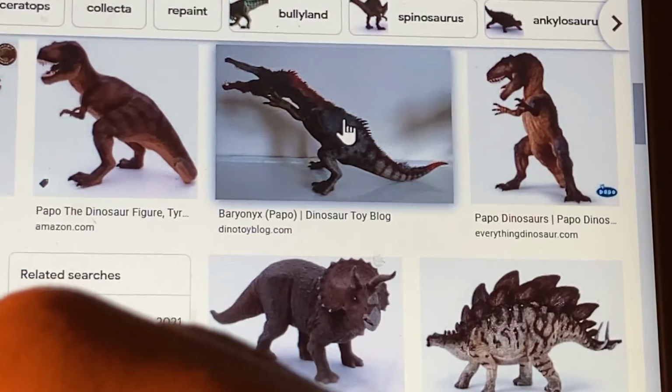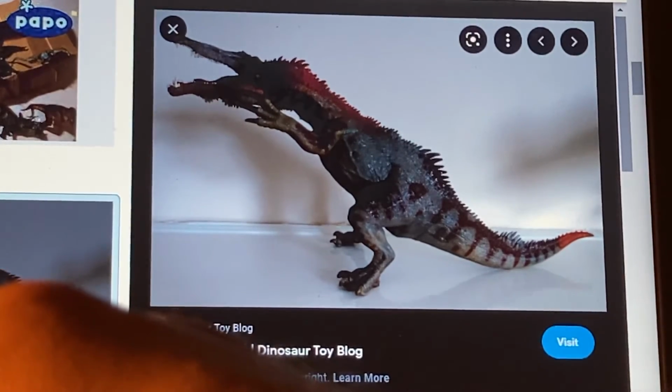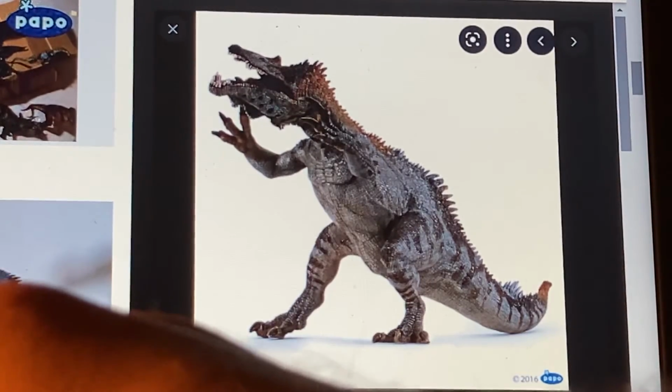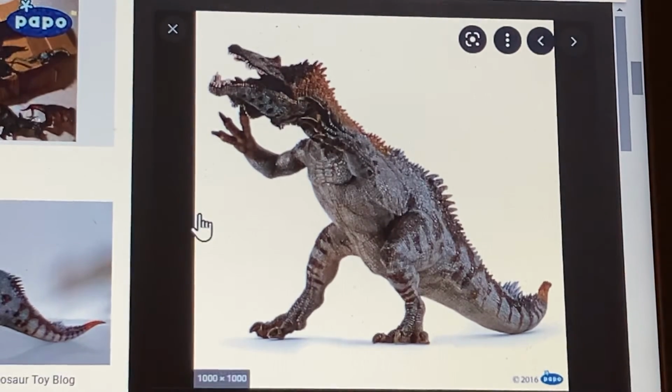The Baryonyx. Let's get a better image of that. So this guy came out 5 years ago, and I do remember back then I was still in school, but yeah, a lot of people didn't like this figure either. This was one of those very first ones that was like, what is Papo doing? It's a Baryonyx with a bizarre head, a really bizarre pose with its arms sticking out, and it looks more